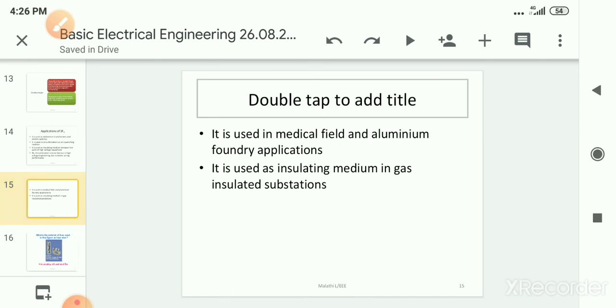After that insulating material, we move to the special purpose materials also. What is a special purpose material? We are using different types of engineering materials related to our electrical engineering field, because we have a very large number of applications for different materials in different functions. So the materials can be broadly classified as primary materials and secondary materials,